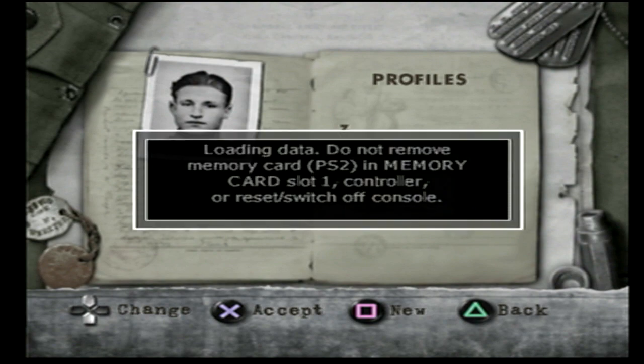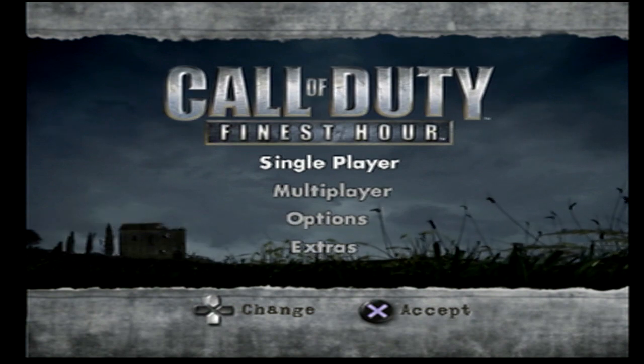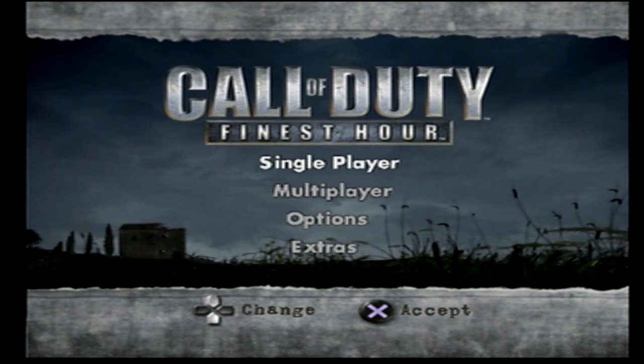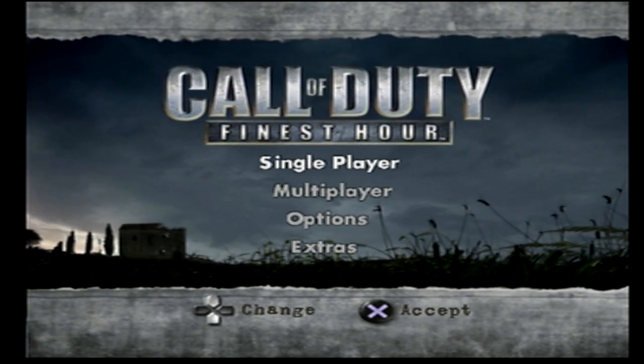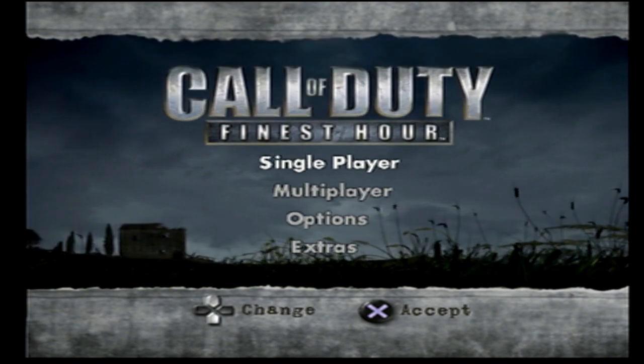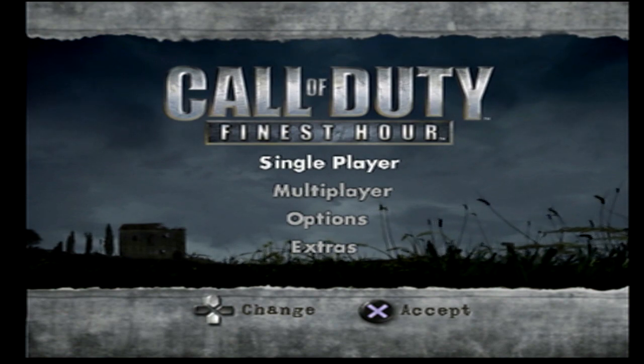So basically what you're going to want to do is, on PlayStation 2, there's a couple ways to get to your internet settings, but that's what you're going to want to get to. And there's a disc you can get. It's a separate disc called the PS2 Internet Startup Disc, and you put the disc in, and it basically brings you to where you can add or edit your internet settings and stuff like that. It's kind of stupid, to be honest, but nonetheless,